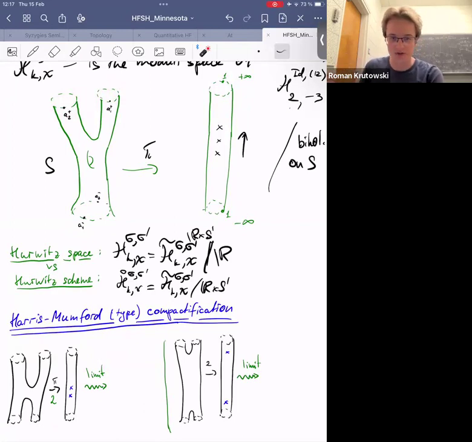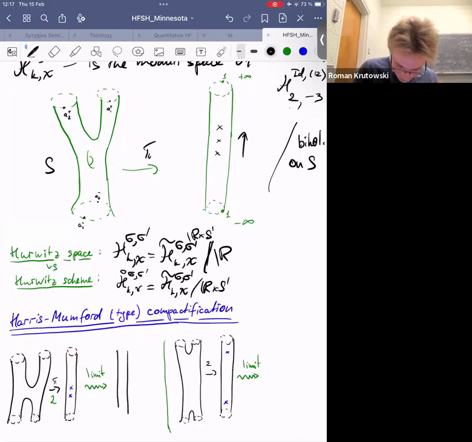But what we don't know is what happens when we go to the boundary. There is a Harris-Mumford compactification for the Hurwitz scheme, and it's a bit different from the stable compactification because in the stable compactification we just allow bubbles on our map, but we don't do anything to the target. Here we actually add bubbles on the target. So if you have such a cover and a sequence where these two branch points come together, we have some problem, and the solution proposed by Harris and Mumford is to add a bubble here, which would contain these two branch points. I'm not going to draw the pre-image of this double cover, but it's more or less clear what it should be. And this is what happens when 2 points go close to each other, but when they